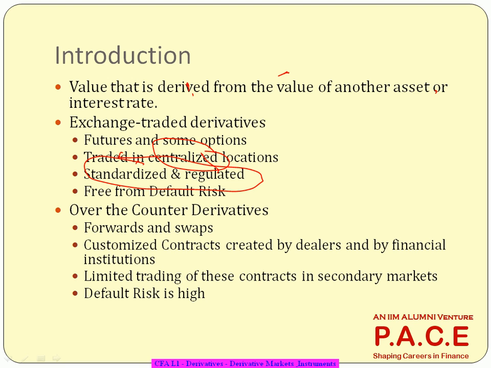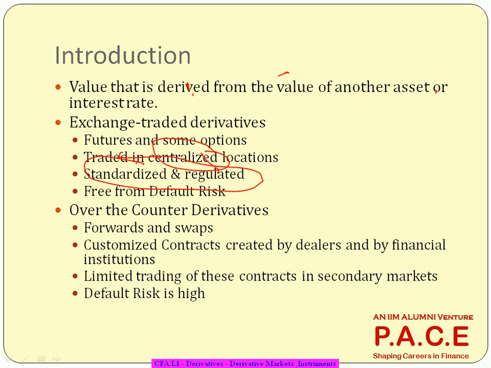Take the example of some vegetable market. There may be 20 different types of tomatoes available, but the most common tomatoes that are sold are only one or two varieties, because those are the ones which are most frequently bought and most frequently sold. But if I want some special variety of tomatoes, I really need to check out who is the seller and get into an agreement with that seller. Only some particular farmer will grow that kind of tomato. So that is what happens even in the case of the financial markets.